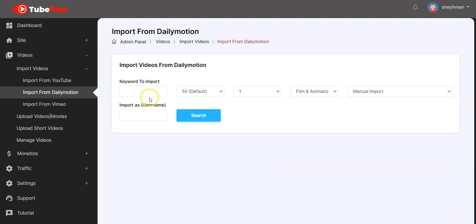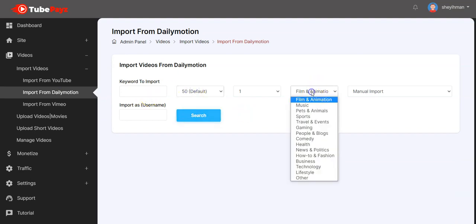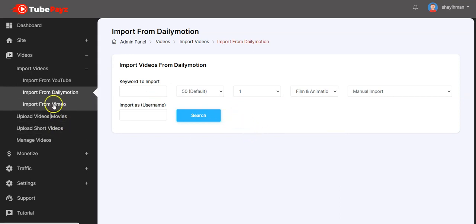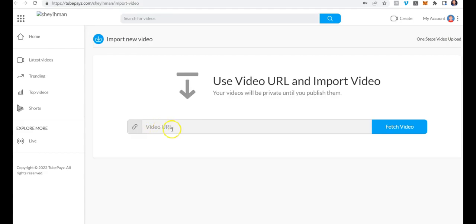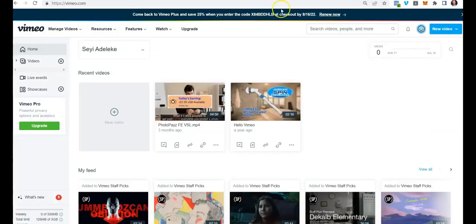You input the keyword right here, and you click on search and you select the category and search for the video. So for Vimeo, all you have to do is to paste in your video link right here, your Vimeo video link. And how do you get that? You go to vimeo.com, following this URL, and right here you can search for any video that you want in any niche,